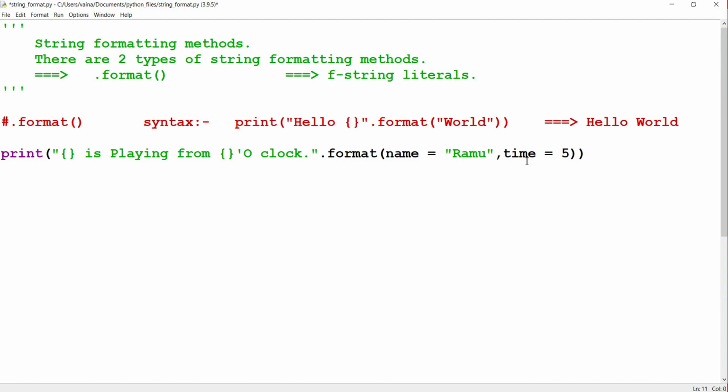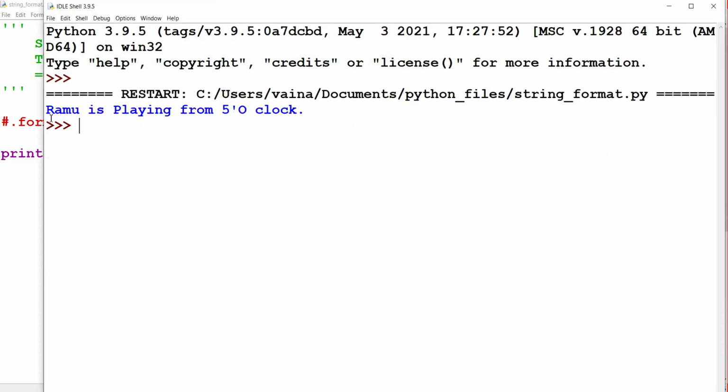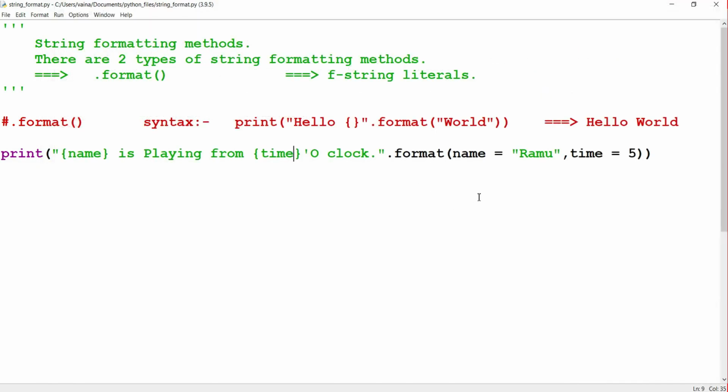So 5 is assigned to time and name is assigned Ramu. Now we need to pass these into the placeholders. For the first placeholder we pass name, and for the second placeholder we pass time. When we run it, we get Ramu is playing from 5 o'clock. This is how keyword assignment is done using the dot format method.